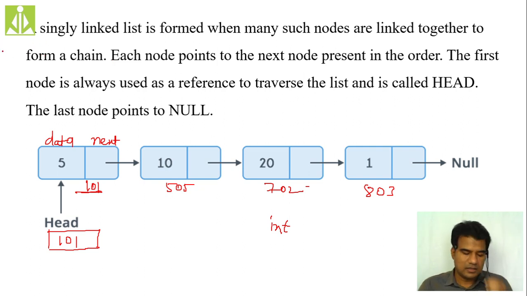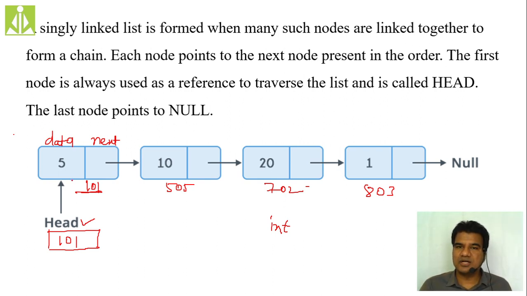over here, this head pointer, what is it doing? This head pointer is storing the address of this node. Isn't it? And this entire node is of what type? Node type. Isn't it? It is class node. By creating an object of that class node, we are getting these memory locations in our computer's memory.